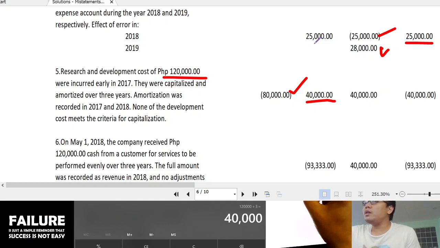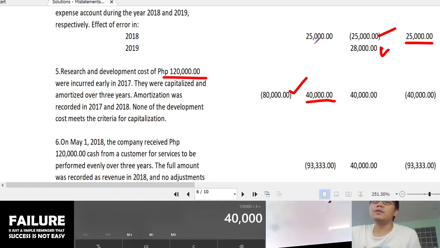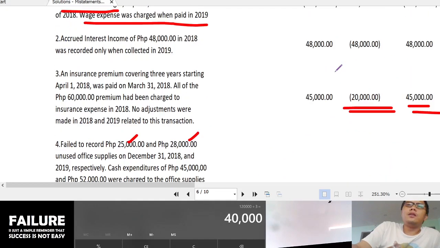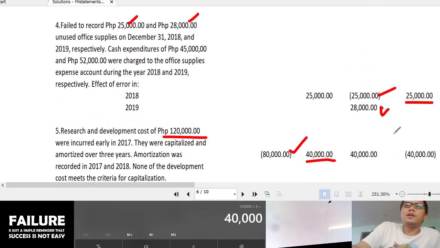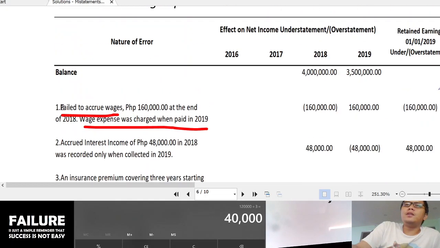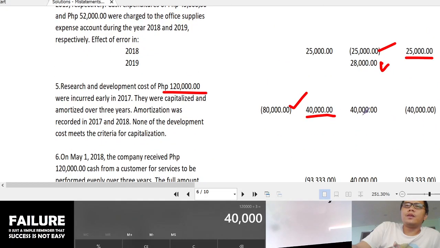in 2018, yung expense mo is sumobra ka na ng how much? 40,000 because of the amortization. So, ano yung effect niyan? Pag nagsobra ka ng 40,000, it will understate your net income by 40,000. So, ang effect sa retained earnings niyan is that, or that also goes to your 2019 na net income, no? Kasi yun nga, 3 years mo siya